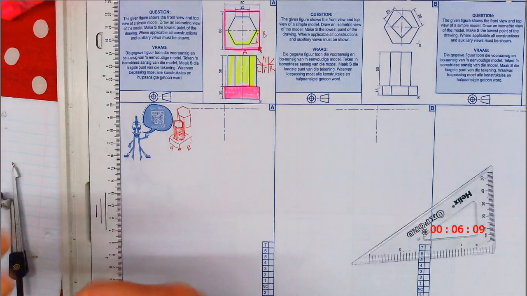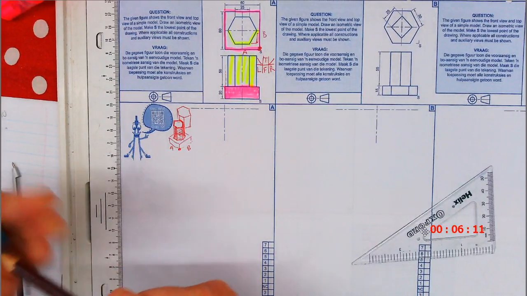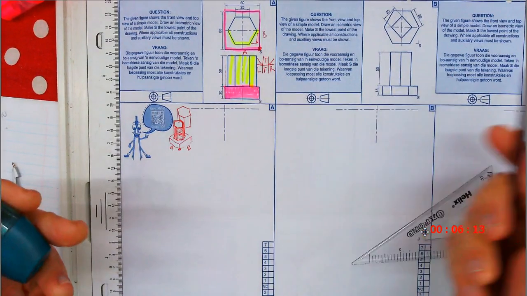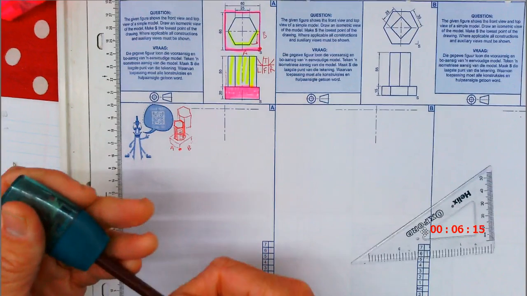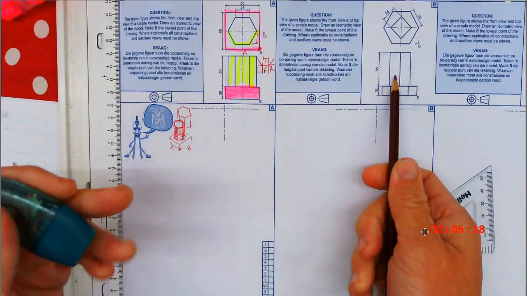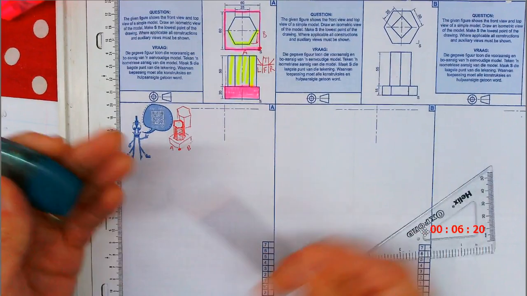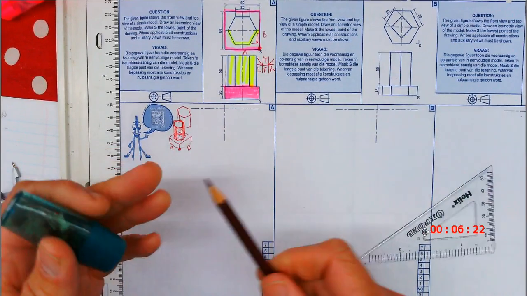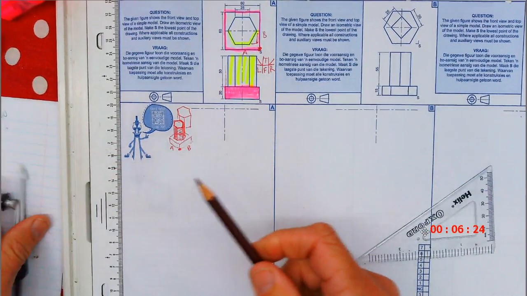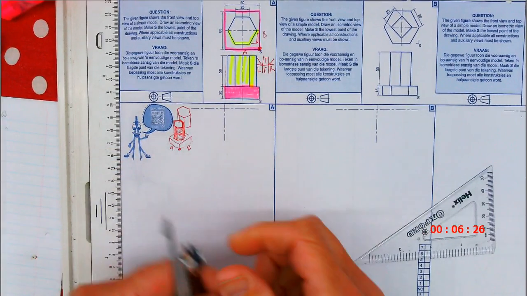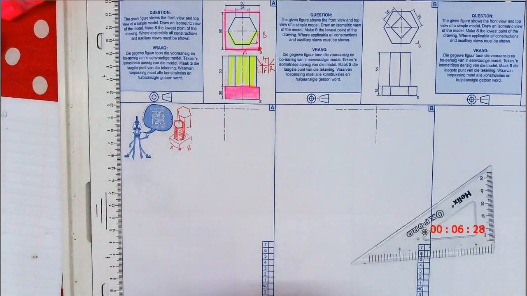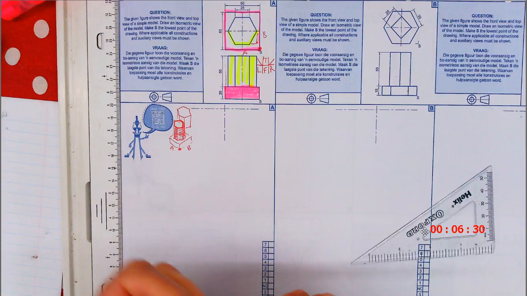Alright, so I'm going to quickly show you guys how to get this right. If you can do this one, you'll be able to do the other ones as well. It's just a different object at the top. A square prism and like a hexagonal pyramid, but the rest is basically the same thing. Okay. Right, I'm just going to quickly start here. Now, just remember,